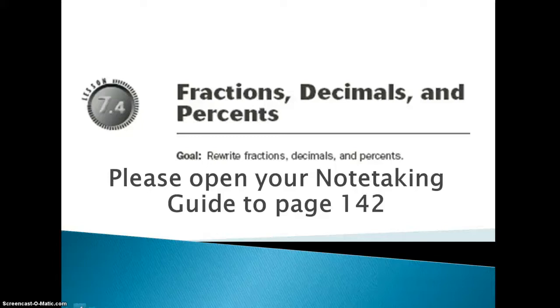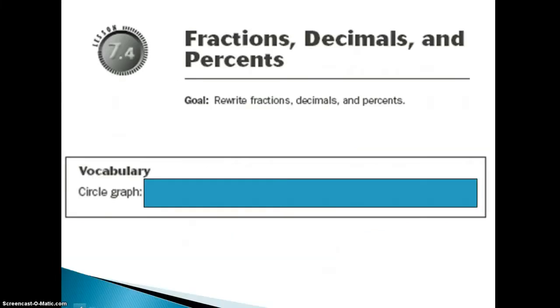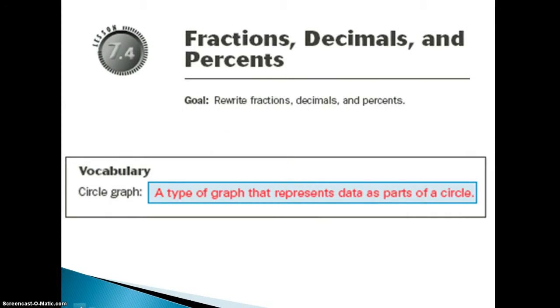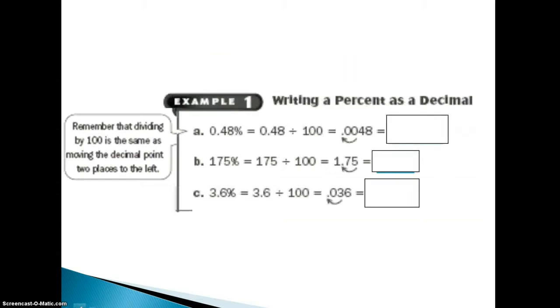Lesson 7.4, Fractions, Decimals, and Percents. A circle graph is a type of graph that represents data as parts of a circle. For example 1,